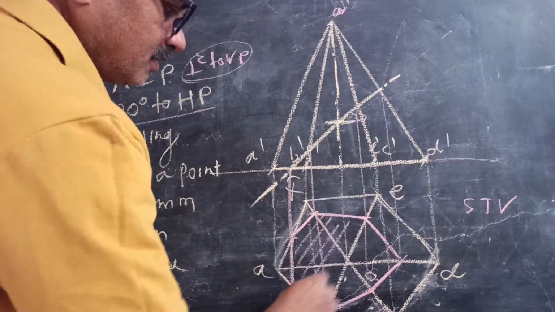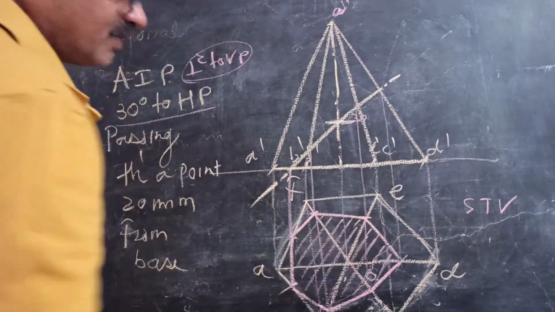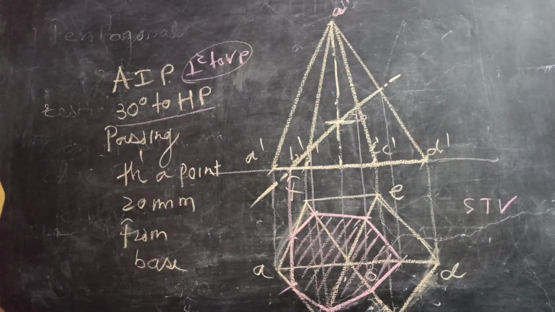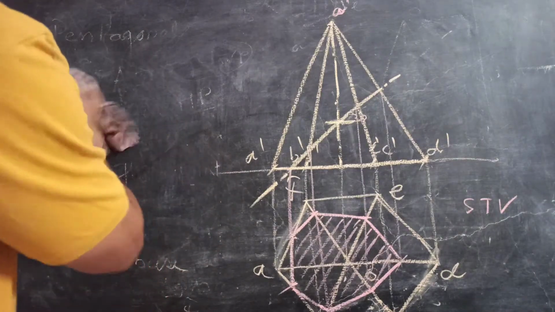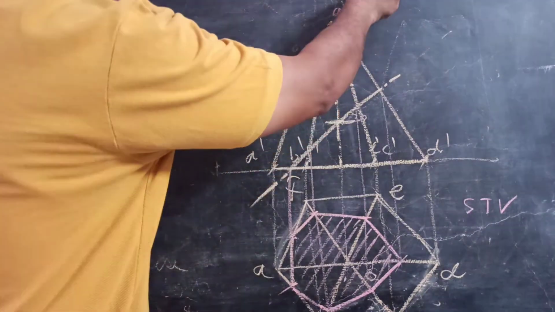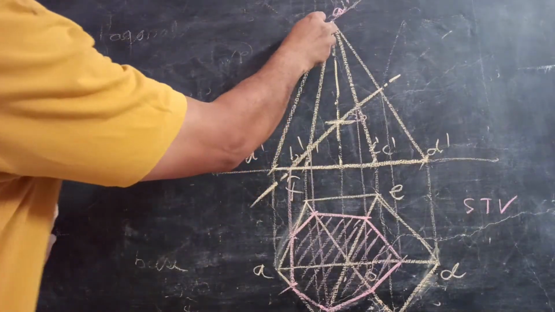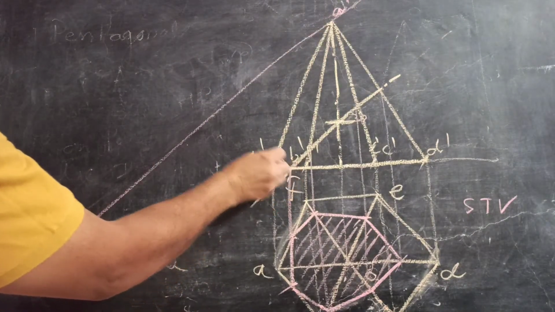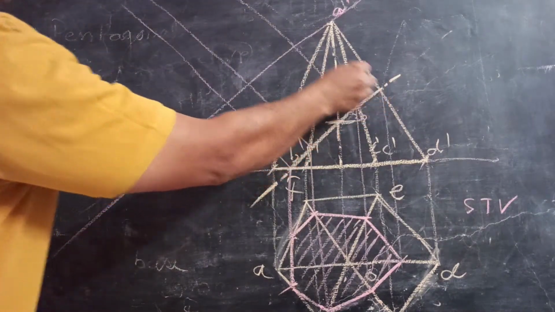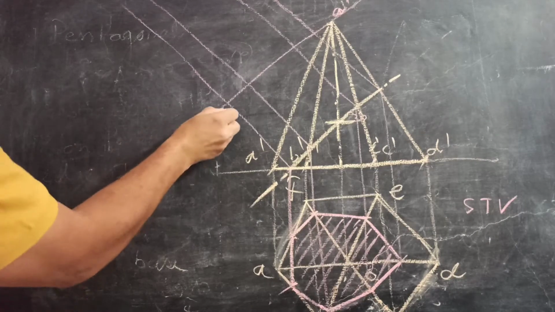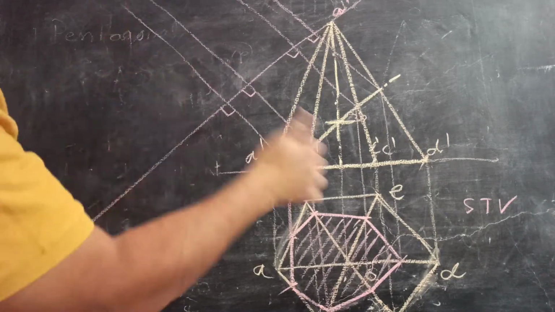You can hatch these lines inclined 45 degrees to the plane and equally spaced. If you want the true shape of it, you will have to draw a line parallel to this section plane and project these points 1, 2, 3 and 4. You can draw all these projectors 90 degrees to this. You can draw with the roller scale very easily.